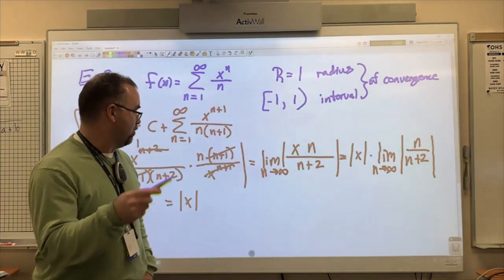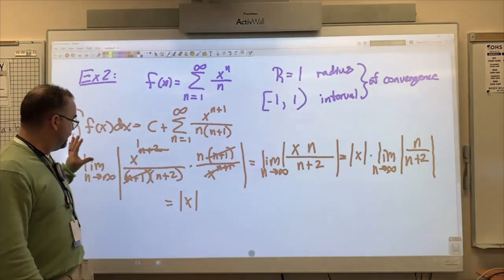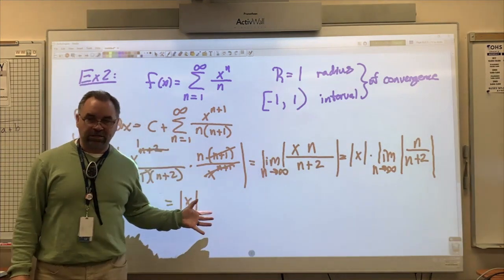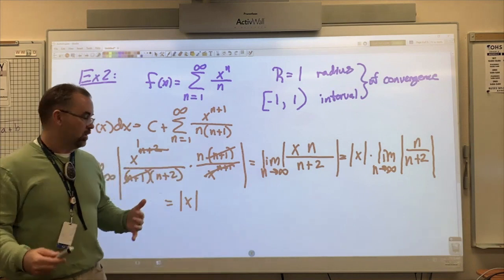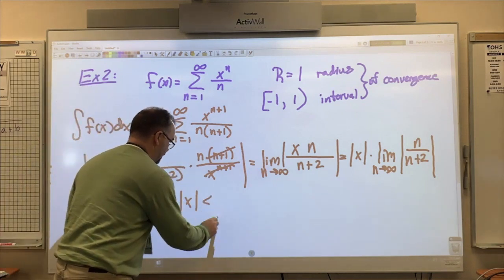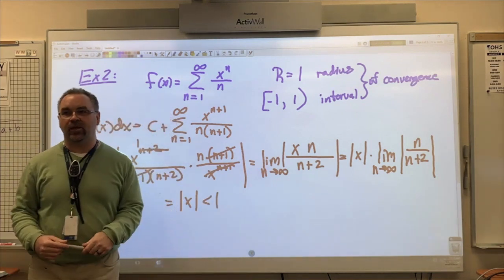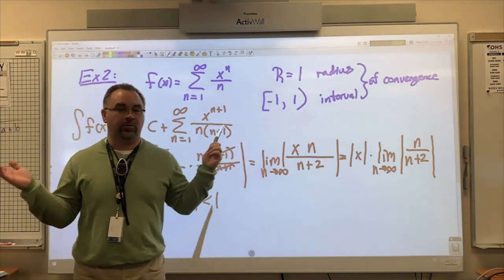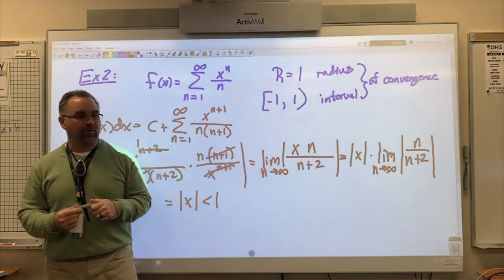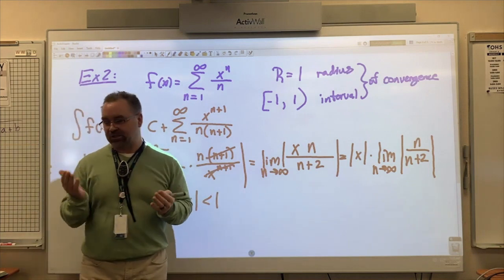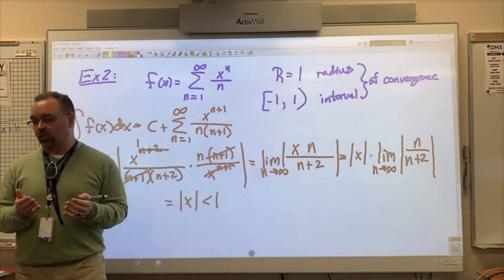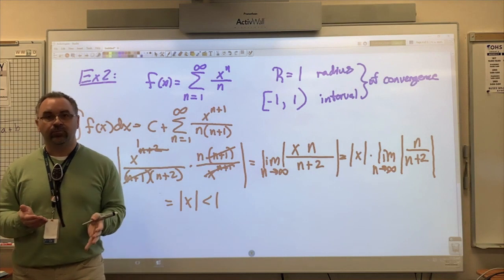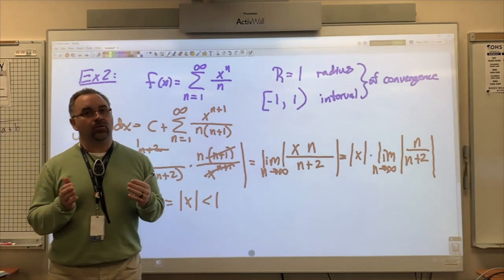So how will we know if this converges then? Well, if the limit for the whole ratio is less than 1. And so we have the same radius of convergence as the original function. Haha, coincidence? I think not. Okay, now the bigger question is, what is going on with endpoint convergence here? Okay, because through the